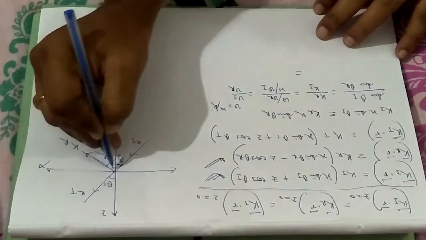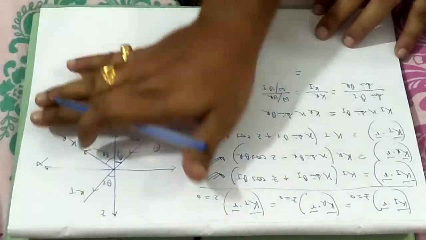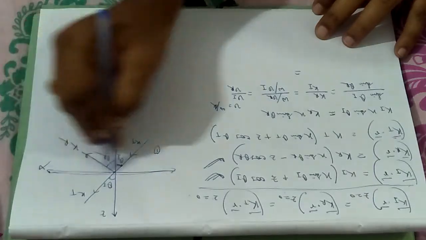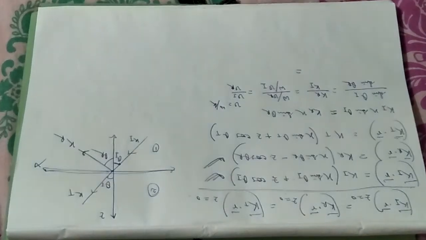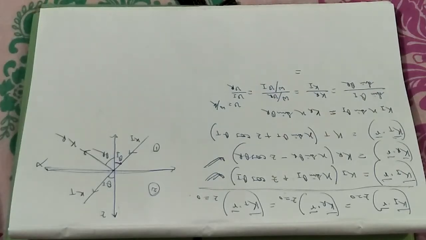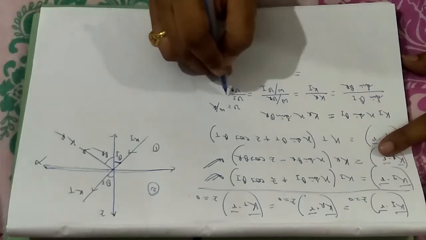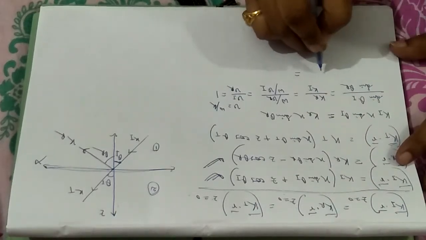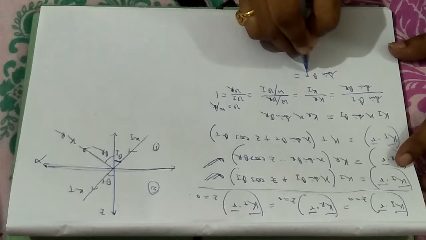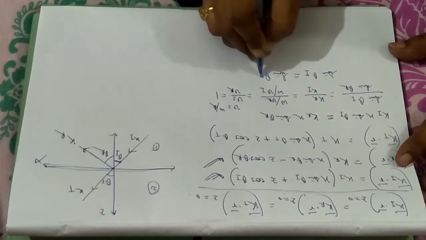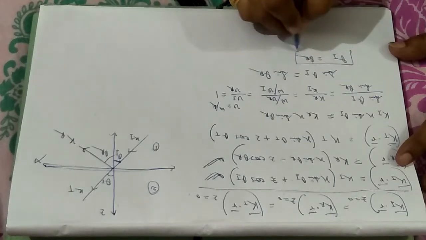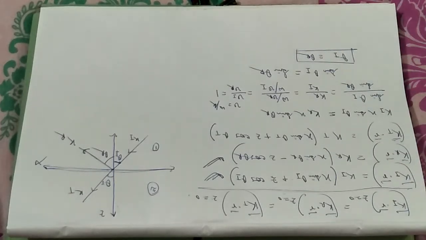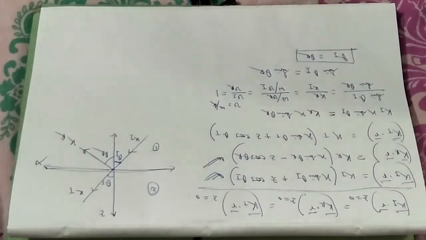Now see, the incident ray and reflected ray both are lying in the same medium. This is the interface, z equals to 0 is the interface. This is the second medium. As both are lying in the same medium, the velocities of the waves will be the same. So this will be equal to 1. Now we can write sine of theta i will be equal to sine of theta r. So we can write theta i equals theta r. This is another law of reflection, that is, the angle of incidence will be equal to the angle of reflection.